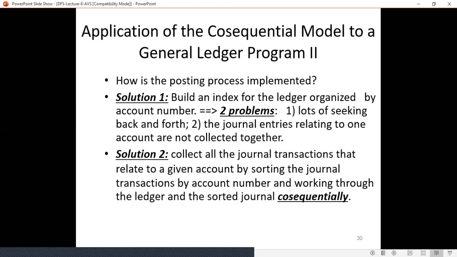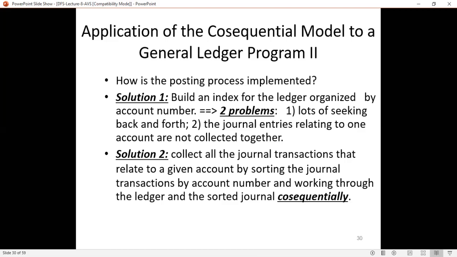Application of the co-sequential model to a general ledger. How was the posting process implemented? How to implement that conceptual view, or printing, that we discussed? One solution is to build an index for the ledger organized by account number.